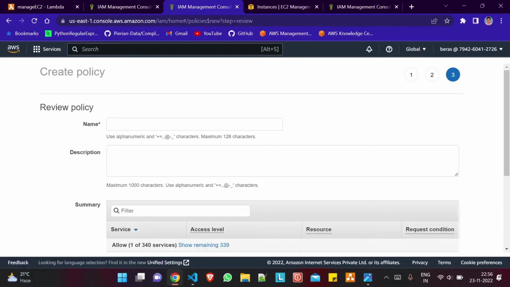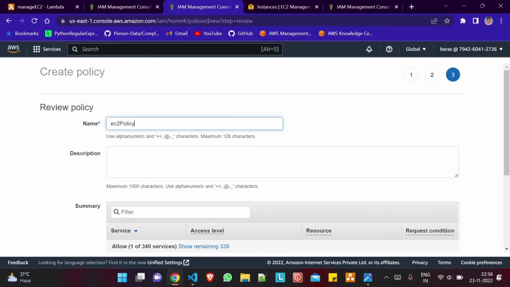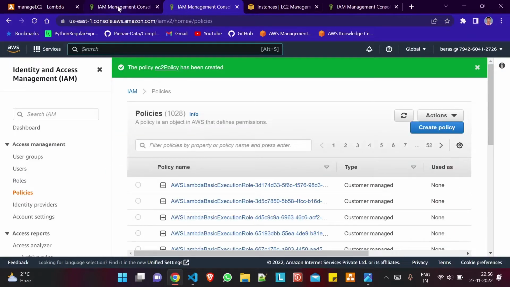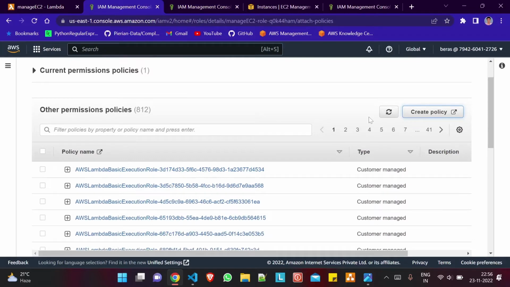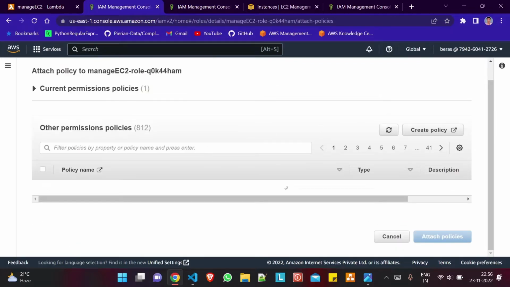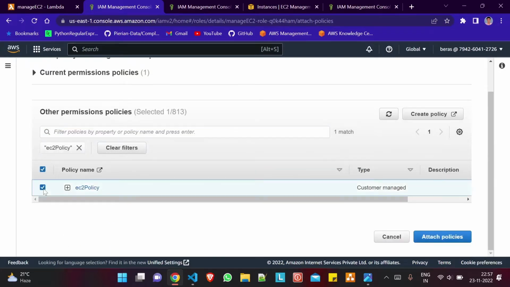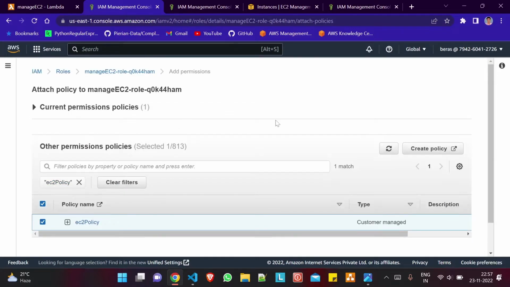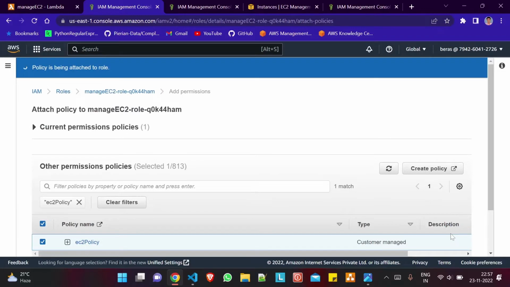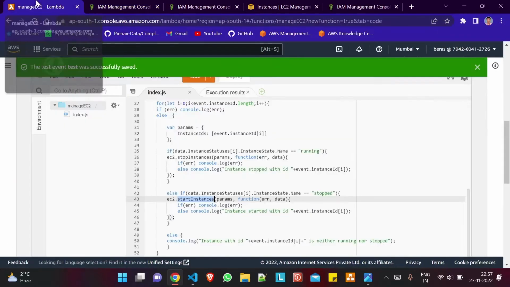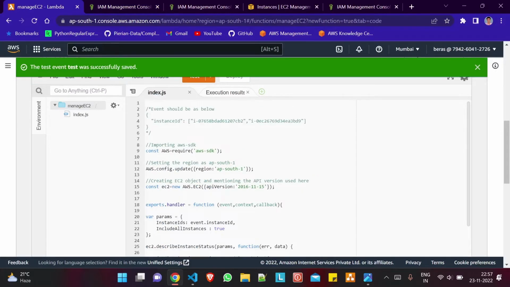I will name the policy as EC2 policy. Fine. Create policy. The policy is now created. Now here I will refresh this and I'll search for EC2 policy. See, this is the policy. I'll select this and we'll attach the policy to the Lambda function role. Fine. It's now attached. Fine. Now what we need to do, we need to go to the Lambda function and